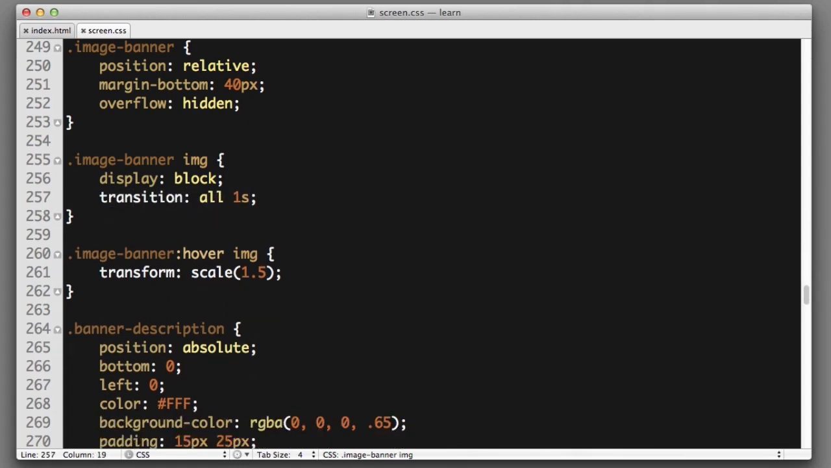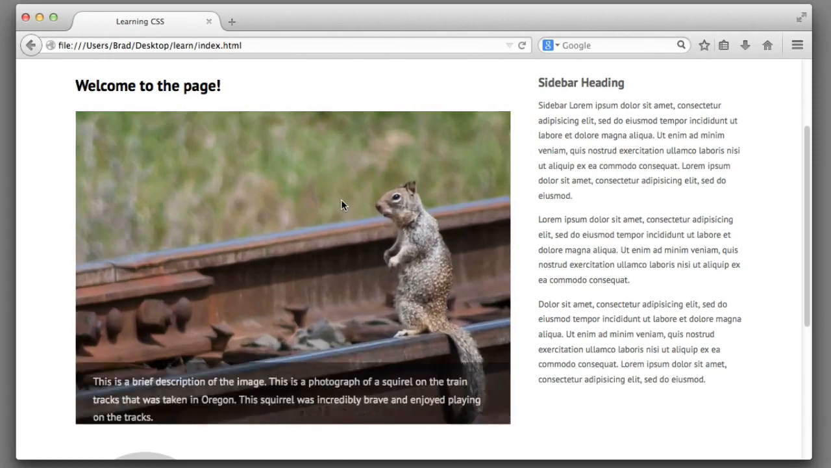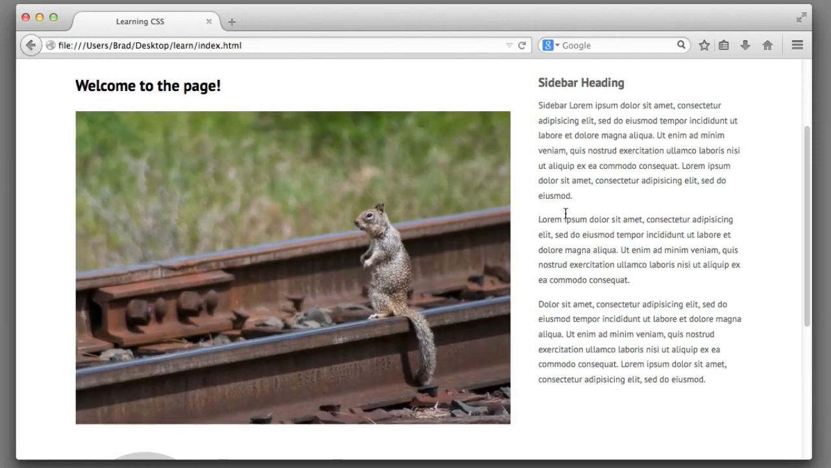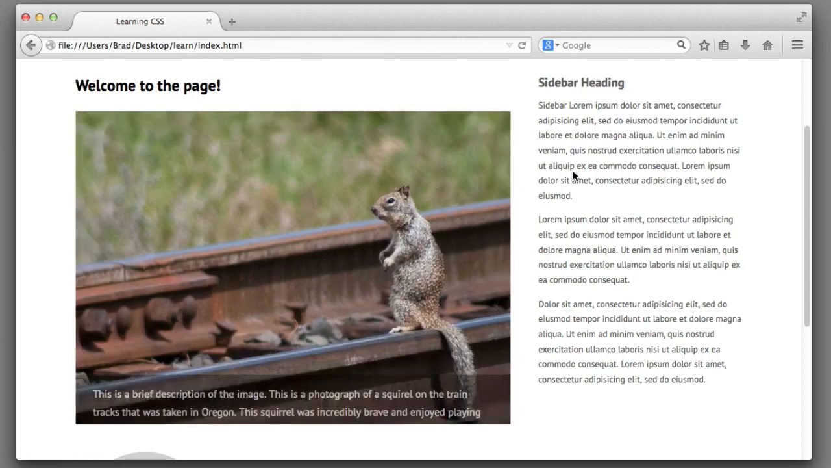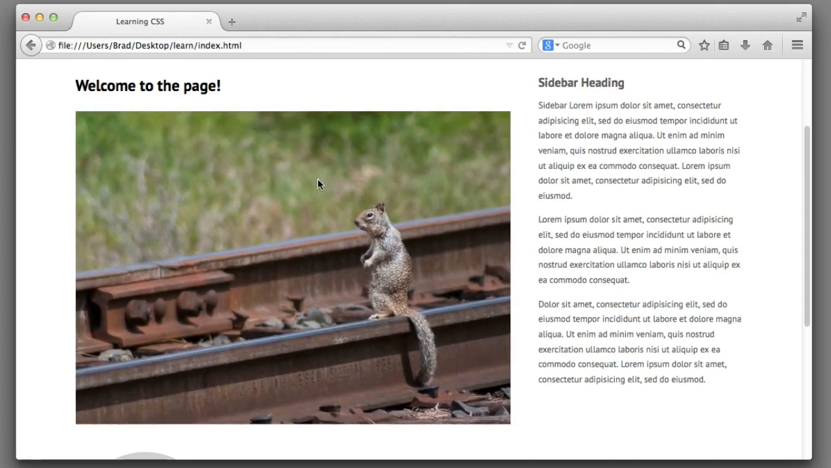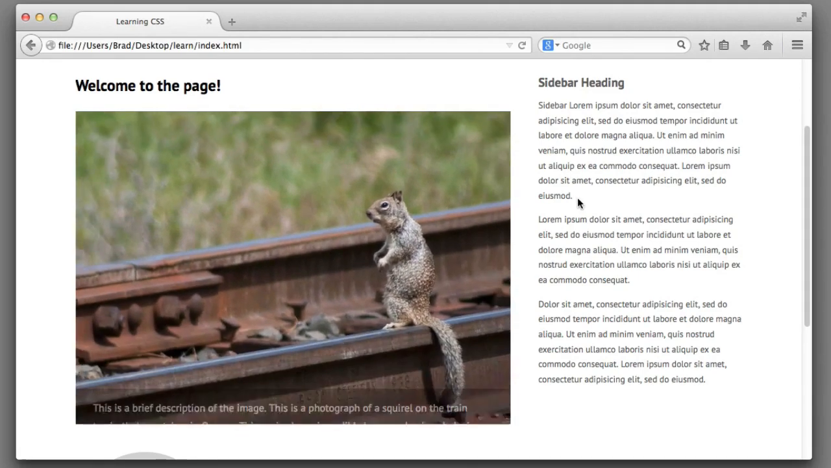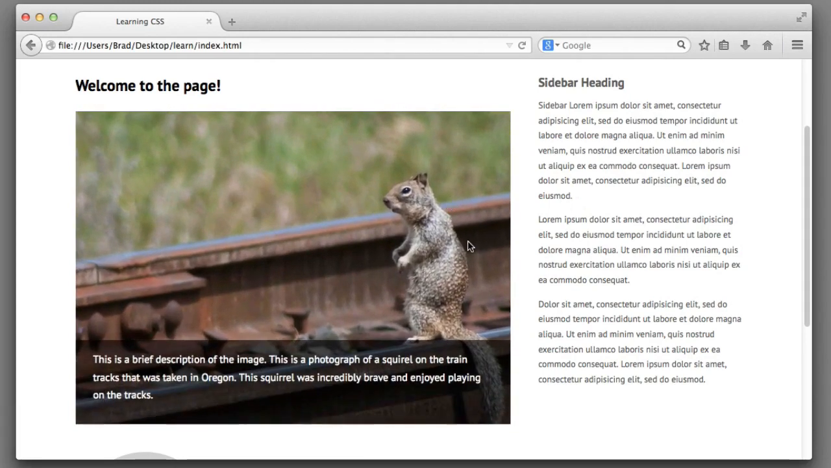So with that in place, if we refresh, we can see that when we hover over the image, it then uses a scale using the transform property of 1.5. And because we set the parent element to overflow hidden, the image doesn't spill out of the container when it zooms. And obviously we have the transition property to thank for the animation effect. So we get to see all of the intermediate steps between a scale of 1 and 1.5 spread out over